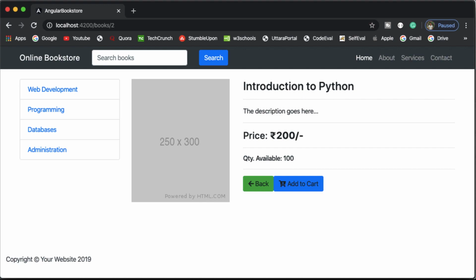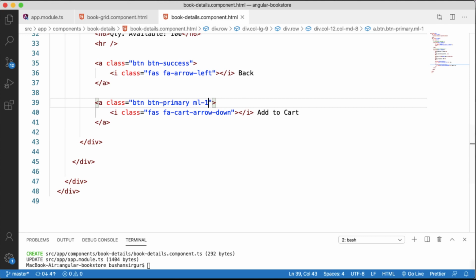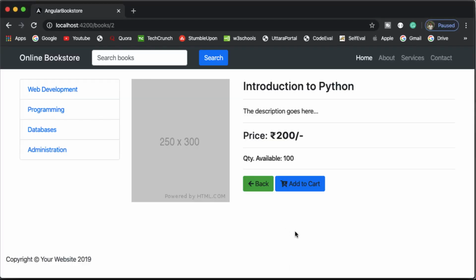So let's actually add a margin between these two buttons. I'm going to make use of the bootstrap class ml-1, margin left 1. So let's save this, and if you take a look at the browser, it looks better.